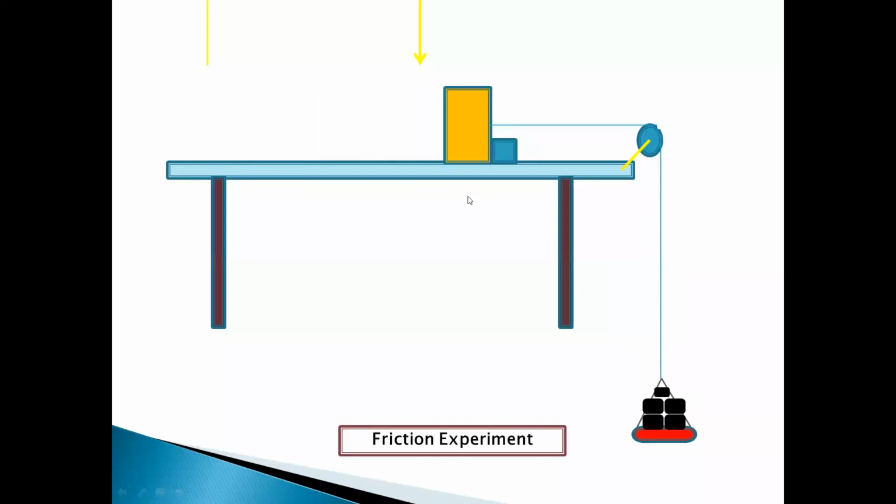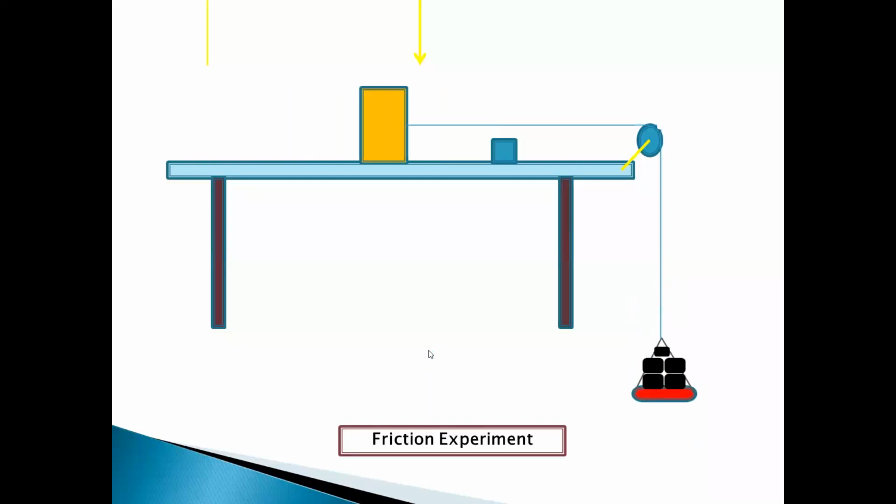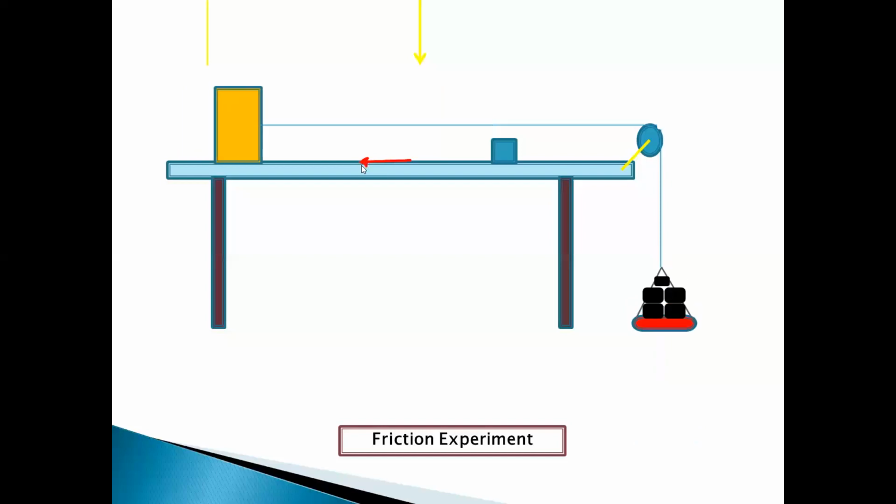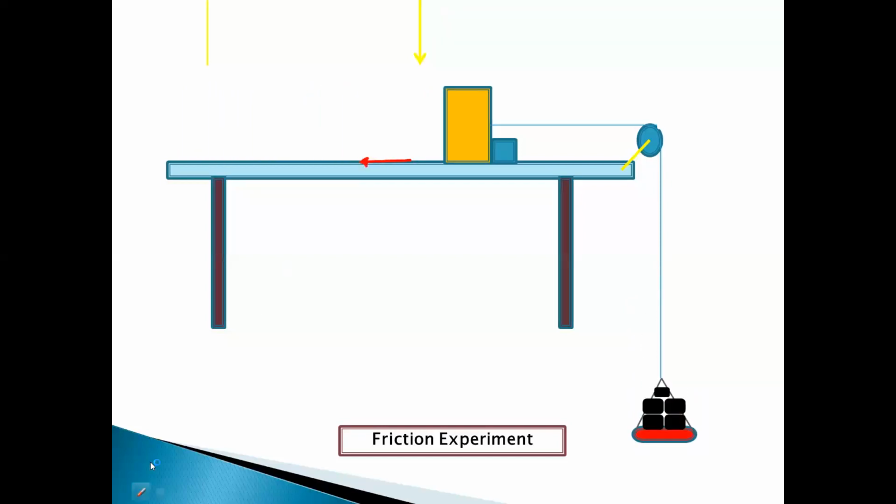In the experiment, you actually have one experiment on friction to find the coefficient of friction, with a similar arrangement. From the experiment, you can find the frictional value. I hope you have understood the graph, what the static region is and what the dynamic region or kinetic friction is. When the object is moving, there is some frictional force on the object. This frictional force is called kinetic friction. It is represented as